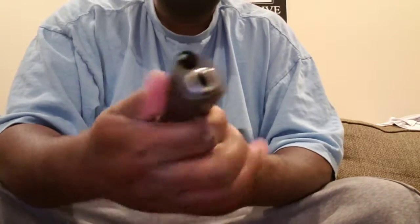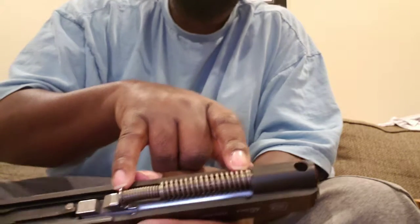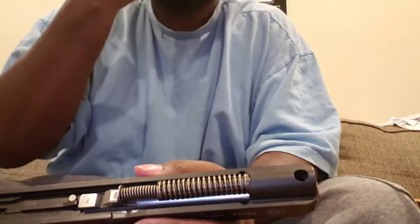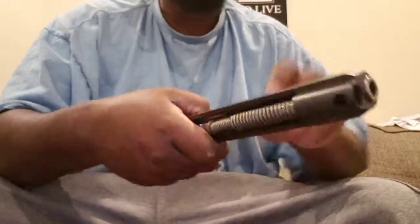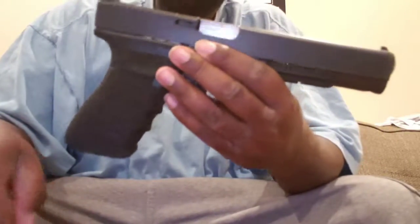Barrel back in, guide rod back in, and this G40 is a trip. You see how the guide rod doesn't go all the way up here? It literally just comes to here. And that's all you get for the guide rod on the G40, yet you have this much more space. And they designed it that way for a reason. And I'm telling you, it makes for an amazing shooter. It really does. I can't complain. Anyway, that's that. Put that back on. And we're good to go. That's how you really